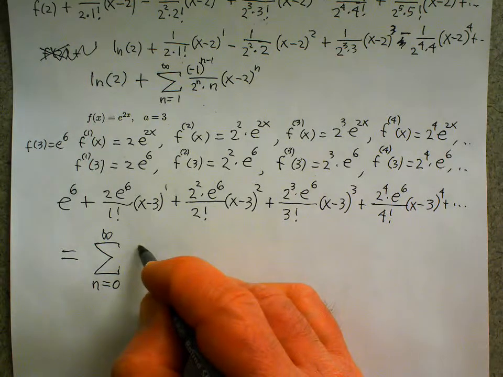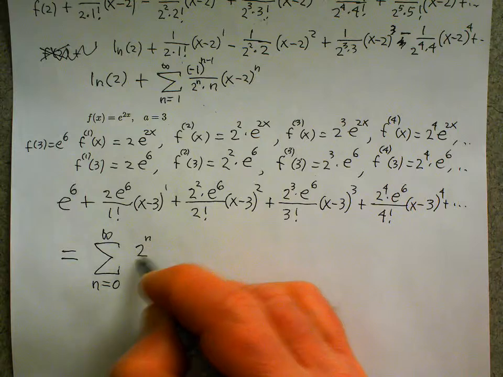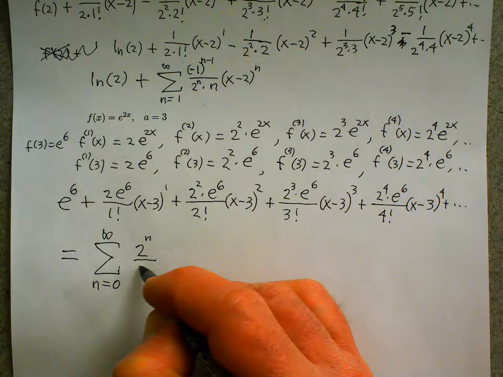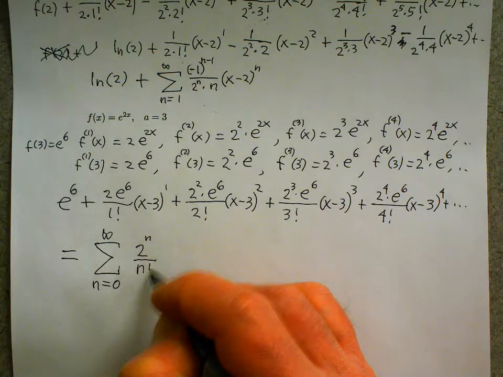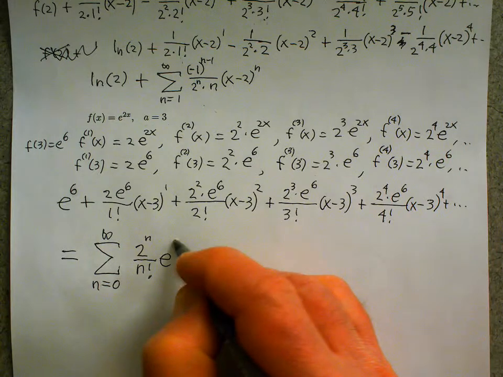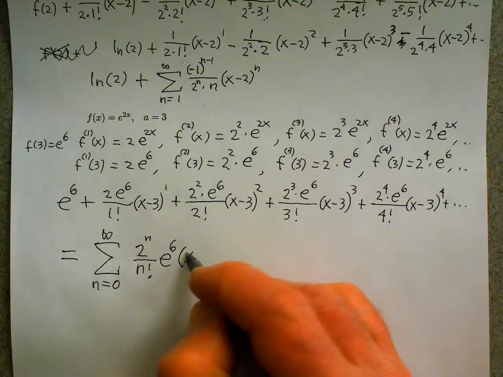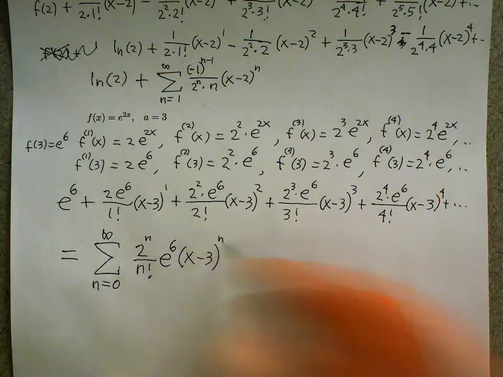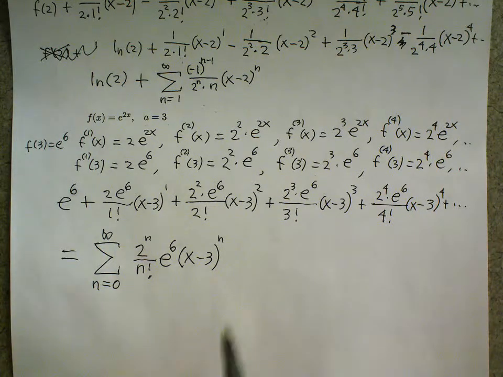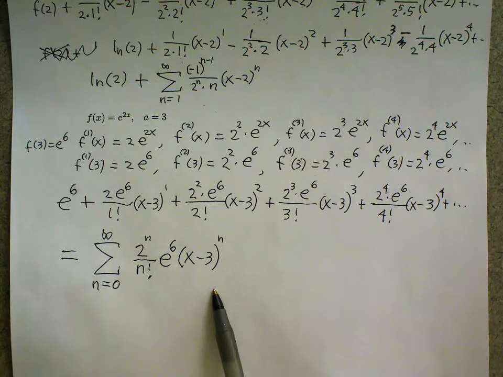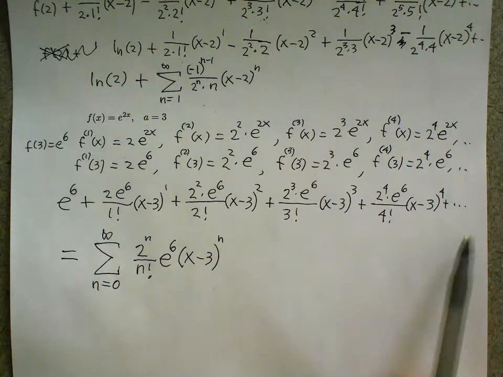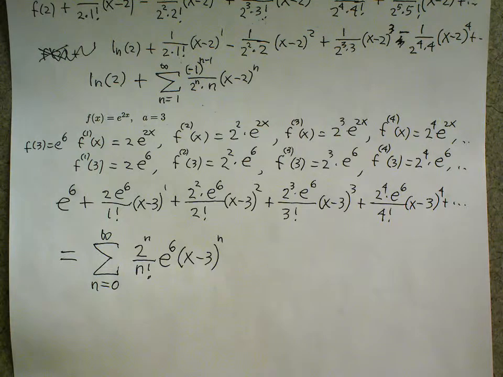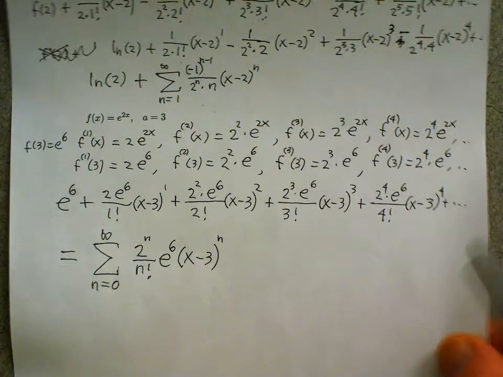And we have 2 to the n over n factorial times e to the sixth times x minus 3 to the n. Yep, I think that works. Okay, at the next page,